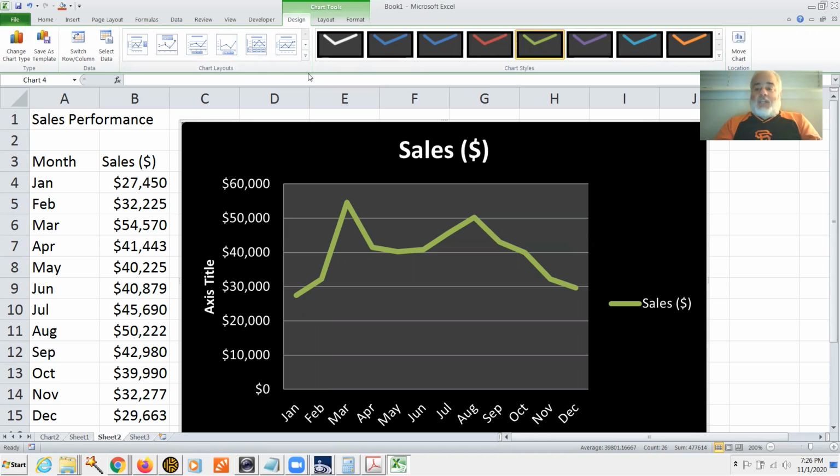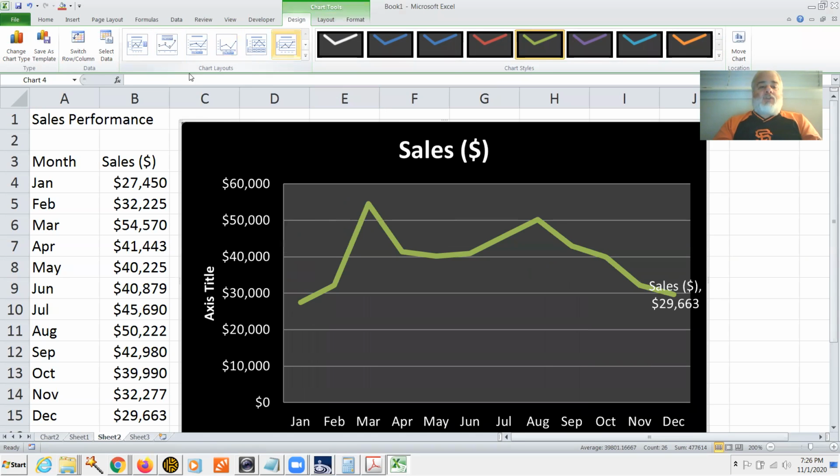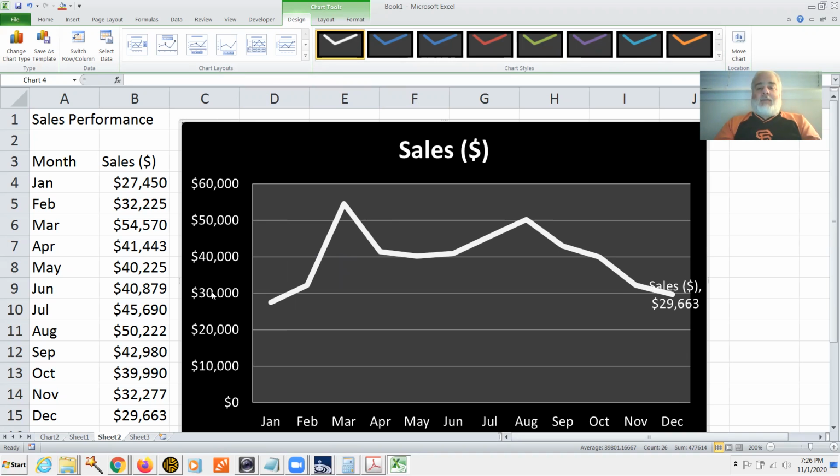I could manually change a bunch, but I think it's faster to go through these choices and just play with them and just click on them until you find the one that's closest to what you think you want. And then once you have it close to what you think you want, go ahead and then fix it with any detail. Once I've got it approximately the way I want, I can say, well, I like this one, but I don't want the axis title. Delete that. I like this, but I want